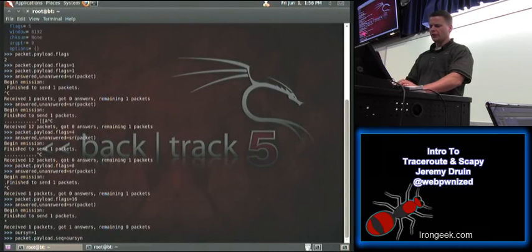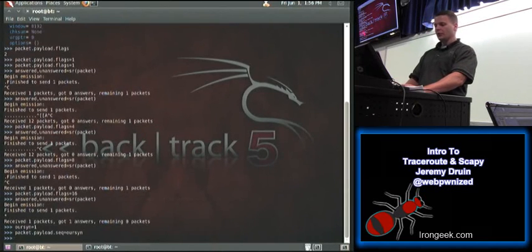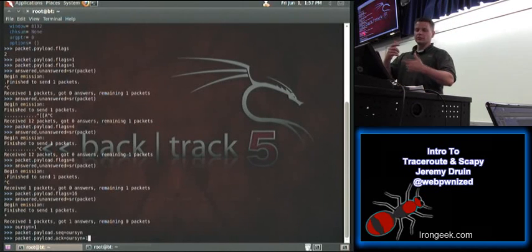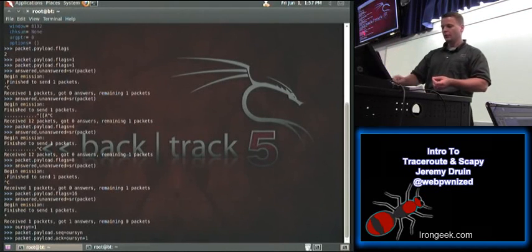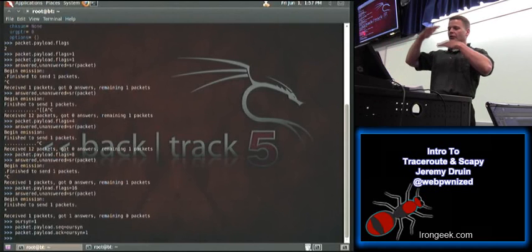I said rsin, I meant rseek. But anyway, you get the idea: packet.payload.seek is equal to rseek, and then you could do packet.payload.ack is equal to rseek, and then you could say +1, and it'll automatically tack the 1 onto it. So you do need to write out like 3 or 4 lines of this, and then you send them